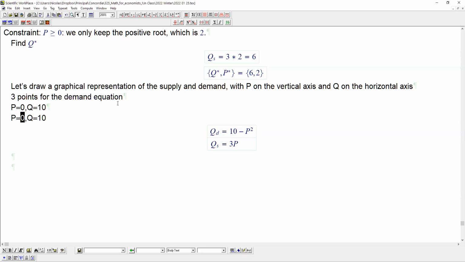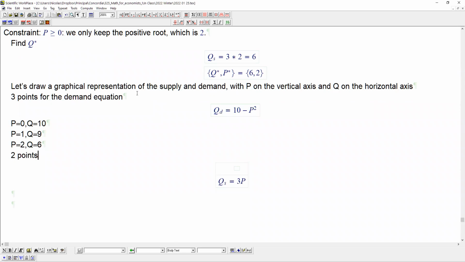P equals 1, Q equals 9. And P equals 2, Q equals 6, right? And let's add 2 points. Two points is enough for a linear equation. So